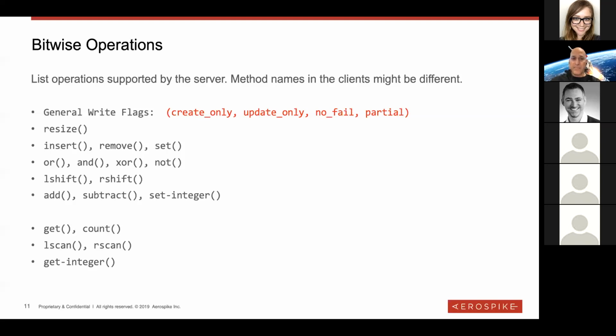Bitwise has the same kind of thing. Partial means you're okay to apply things in a partial way. So for example, let's say, I'm trying to think of something really on the fly, you may want to do something that in theory would extend the size of the bit field, and you only want to work on the bits that are within the current bit field and not make it any bigger. So you can tell it to just do it partially, so whatever can fit should fit.